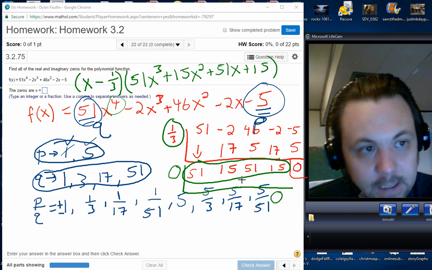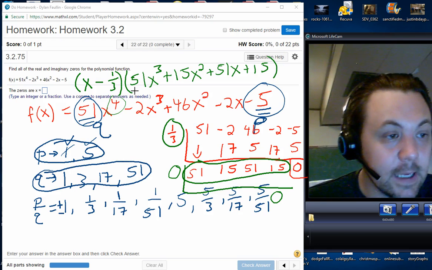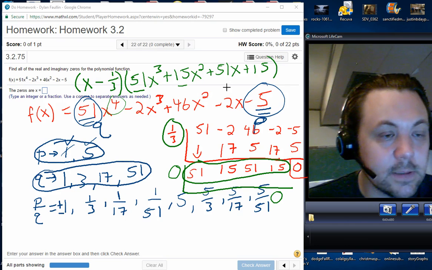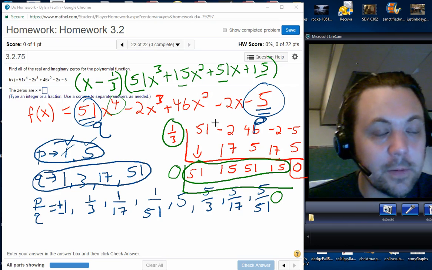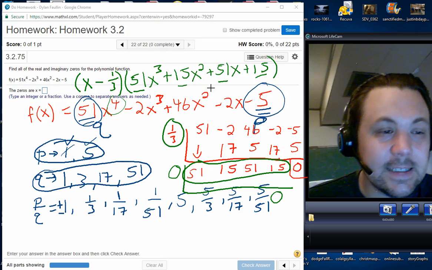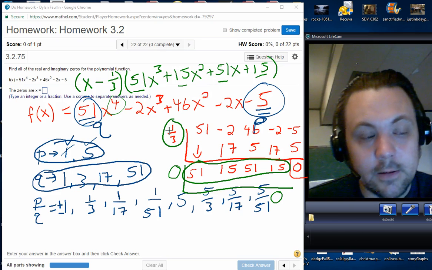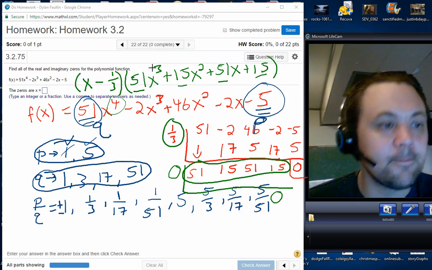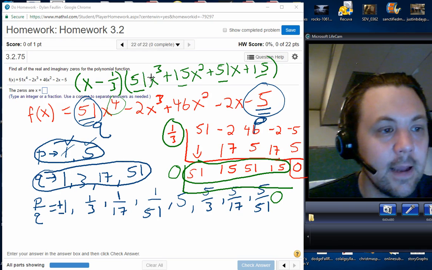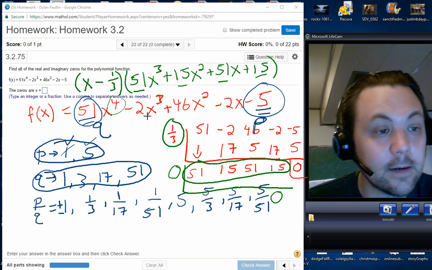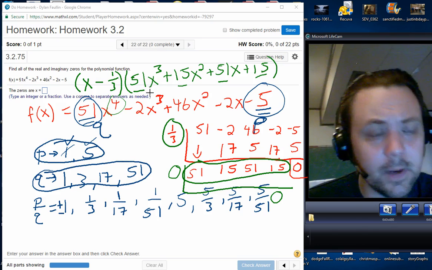So that would be worst case scenario. But in this case, we luck out because these numbers are following this nice little pattern of repeating like this. And so I can see that factor by grouping actually would work here. So instead of going back to synthetic division, I try to find any other way to do it. In this case, I can factor this, or I can find the rest of the zeros by using factor by